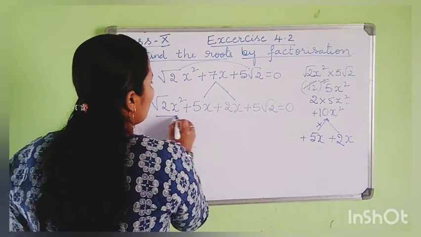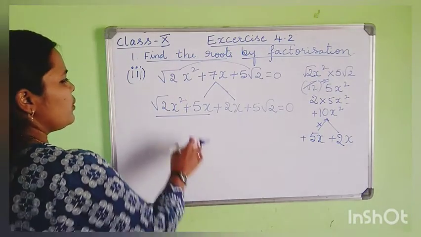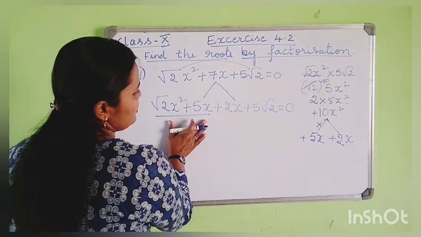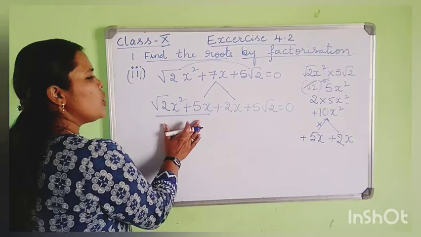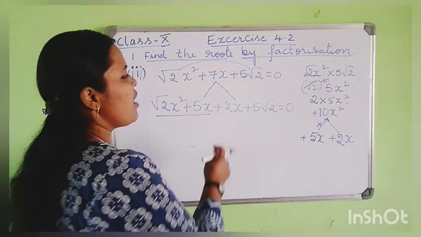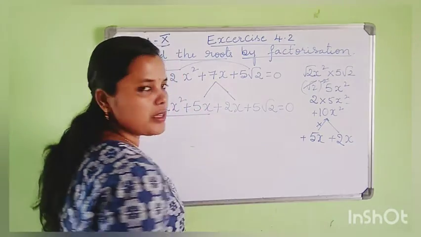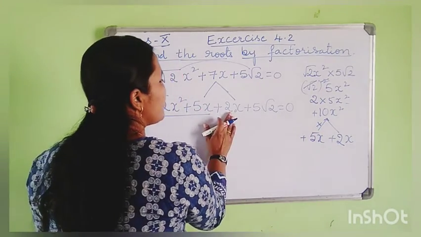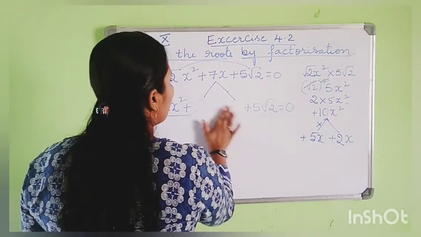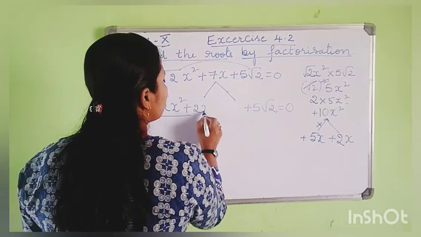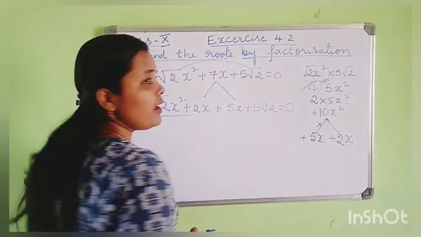Now, you can take common from both the numbers. Or you can do one thing, you can rearrange. We have 5 here as a factor, therefore you can rearrange and write the terms, so 2x is here and 5x is here. Like that also you can rearrange and write. Okay. Now this 2x plus 5x. Why have I taken 5x here? Because easily we can take common.